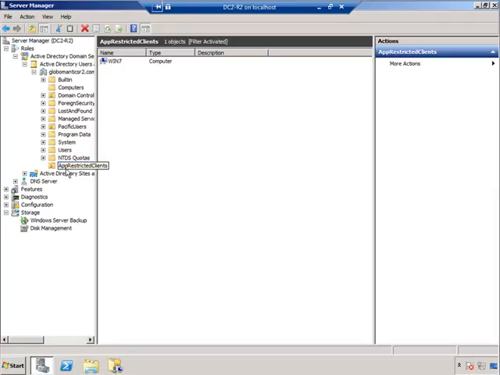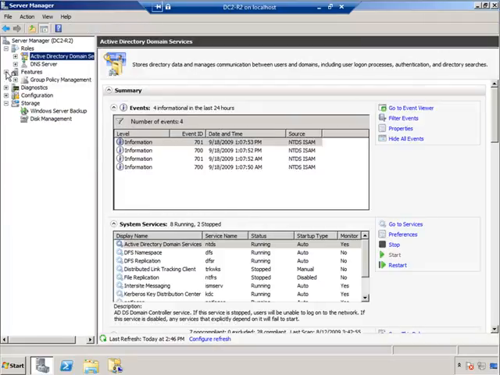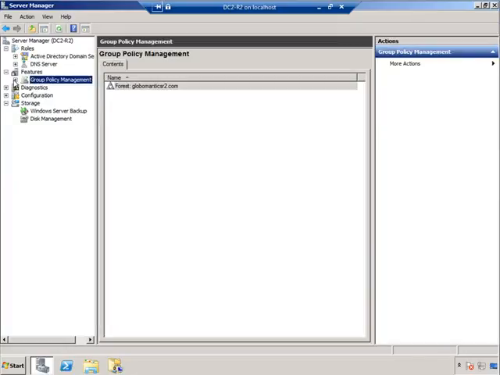Now that we have this computer account in the separate organizational unit, what we can do is attach a GPO only to this OU. So let's go ahead and do that now. I'm going to shrink this one up so we have a little more space on the screen. I'm going to go into features of this particular domain controller, and hey, look, it's the group policy management. Hey, we've never seen this before, right? Okay, so let's go into